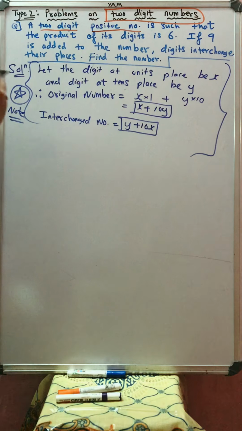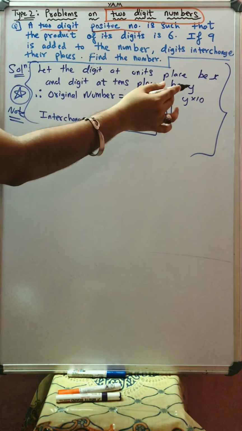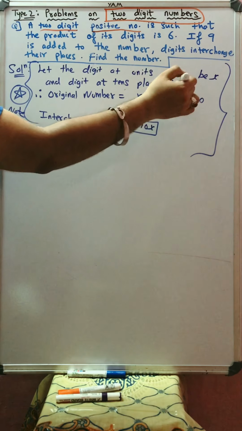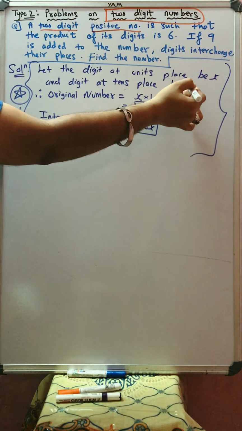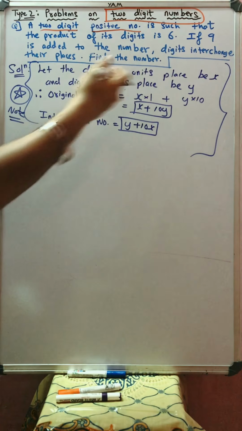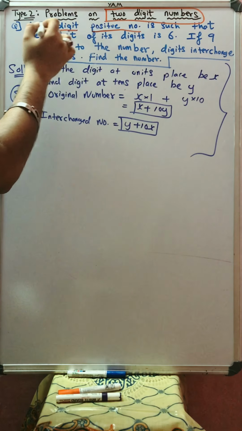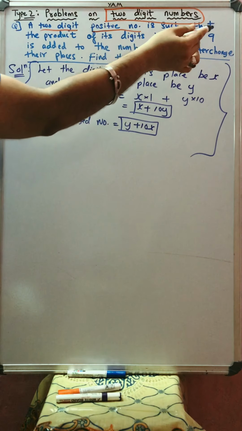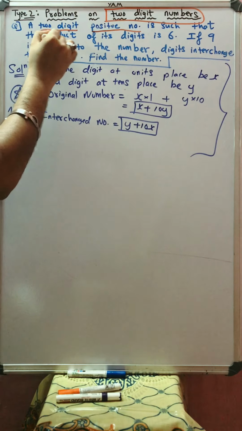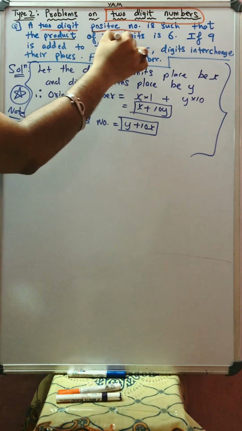Let's read. Okay, there will be one doubt in your mind: sir, why are we involving two unknowns? X, so we know, but we have taken another variable also, this y. Now we will replace something at the place of y. We will eliminate y, don't worry. Let's read. A 2-digit positive number is such that the product of its digits, the product means multiply. Kiska multiplication? Of its digits.